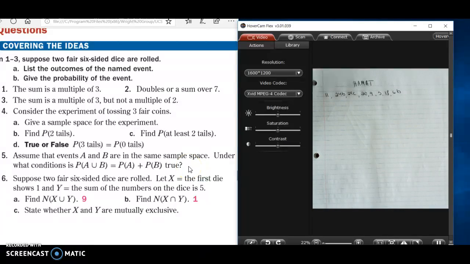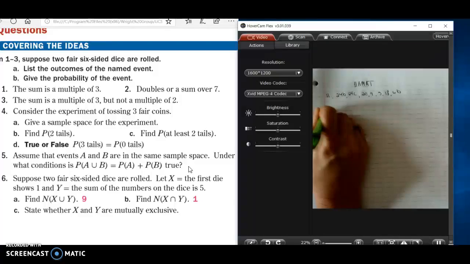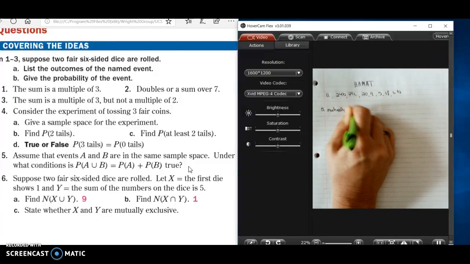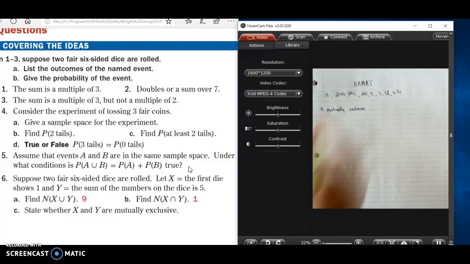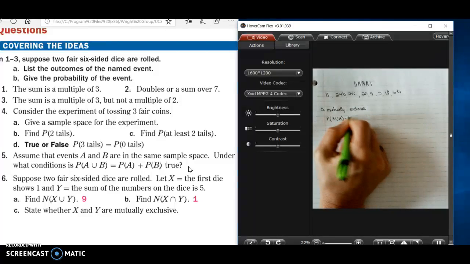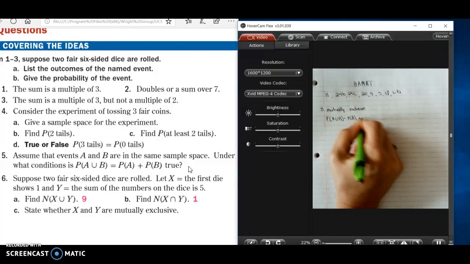So here's the question. Assume that events A and B are in the same sample space. Under what conditions is the probability of A union B equal to the sum of the probability of A and the probability of B? Well, if you look back in your notes, we have essentially two formulas. When the events are mutually exclusive, that's when we truly can say the probability of A union B is simply the probability of A plus the